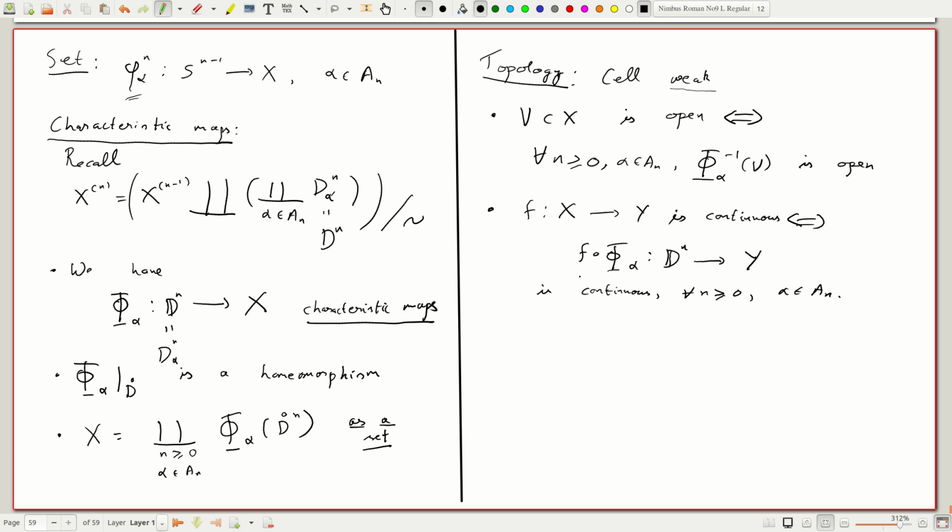We should remind you of the coproduct. It is not the coproduct because the phi alphas don't have disjoint images. There's gluing on the boundary, but otherwise it's a coproduct-like topology. Okay, so it's also injective or direct topology, or weak topology in the more old-fashioned way of viewing things. So indeed we can give a definition this way. So we can have an alternative definition of CW complexes. An alternative definition of a CW complex is a space X, together